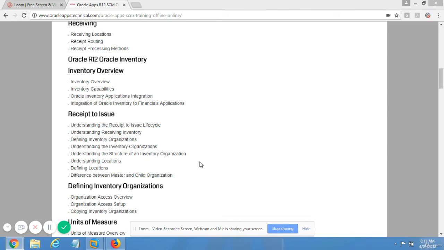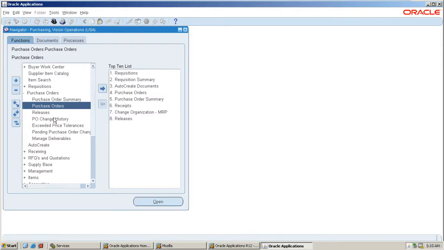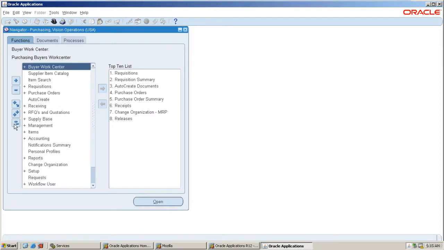If you want to work on the inventory, there are some mandatory steps. The first step is that the inventory accounting periods must be in open status. Why?